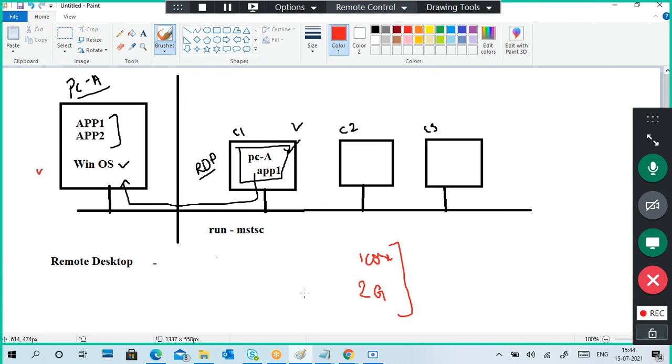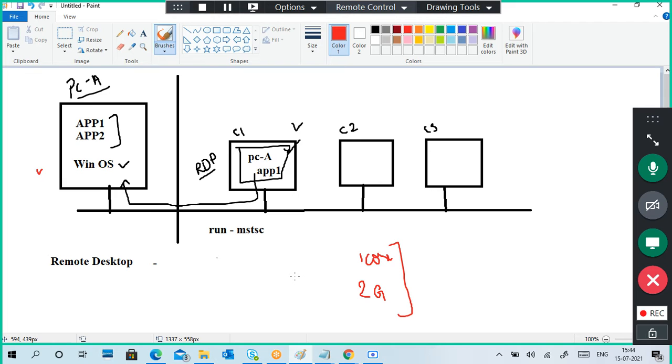So we can run an application from our PC, and our work will be continuous, because the application is a heavy application, for example AutoCAD, Photo Studio, Adobe kind of stuff, Corel Draw, SolidWorks.